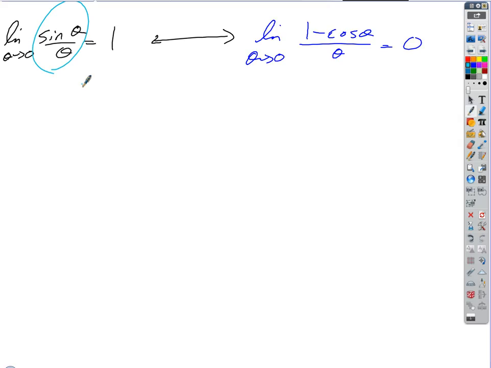Isn't one of them sine squared theta plus cosine squared theta equals 1? Yeah, okay. What do you think? You can't make it square though. I mean, maybe you could. Normally we can't just square something, but if this limit's approaching 1,